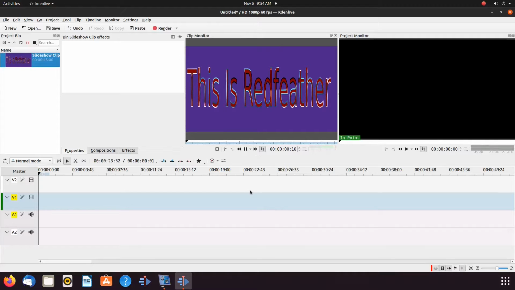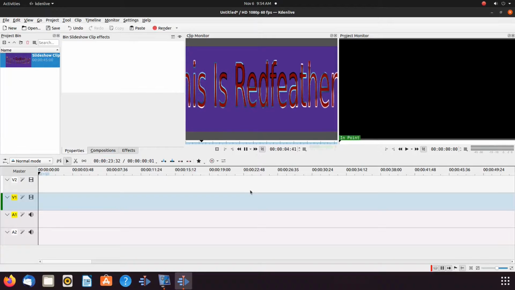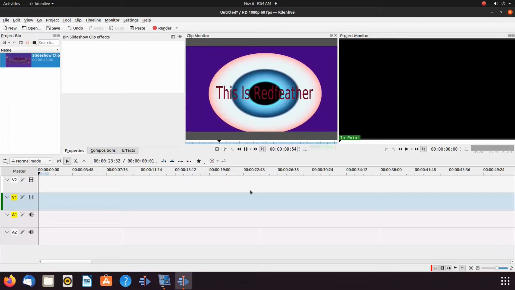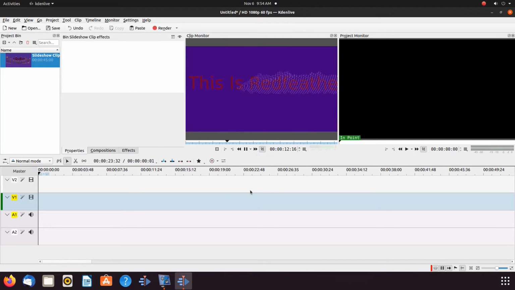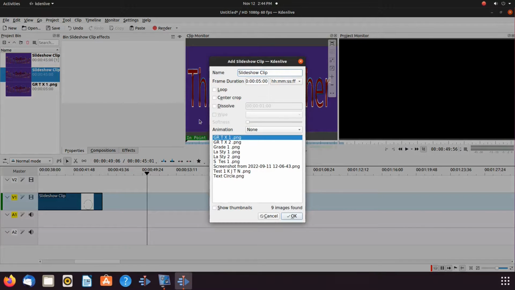Once our Kdenlive project monitor playback is finished, you may notice we have done a couple of things for this example. One, we have created another Kdenlive slideshow with the same images, but added no configuration features, and have imported one of the images of our example in order to show how to implement some animation features that could